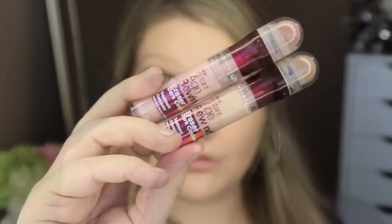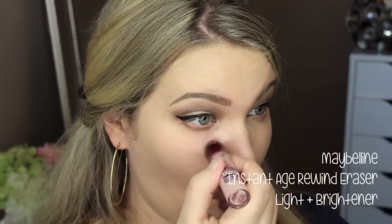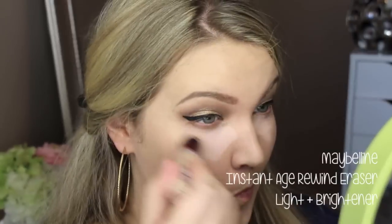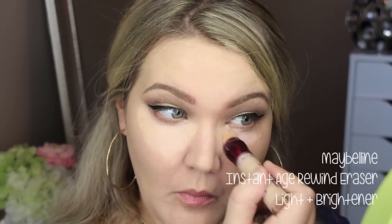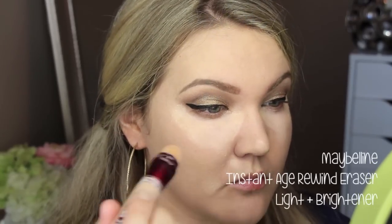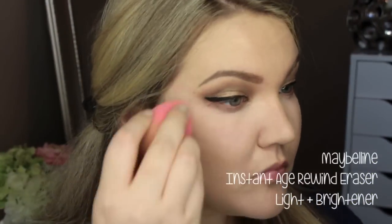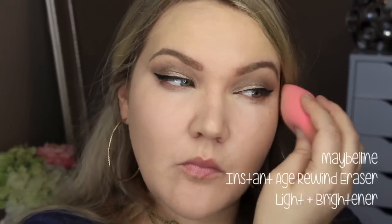So for my concealer, I'm using the Maybelline Instant Age Rewind in light, and then the Brightener. So I put the Brightener shade first, and then I go in with the concealer shade in light. Just mix those two together, and then I use the Beauty Blender to push those into the skin. I also use them a little bit around my nose just to touch up. So push those into the skin with the Beauty Blender, and I'm going to go back to finishing up the